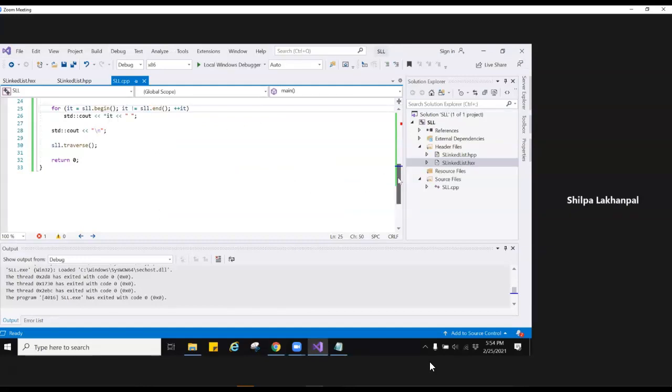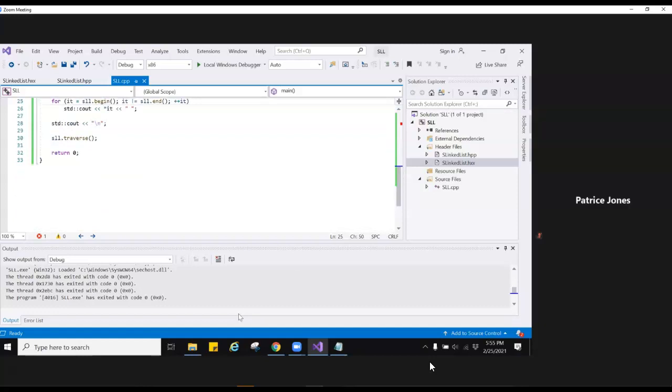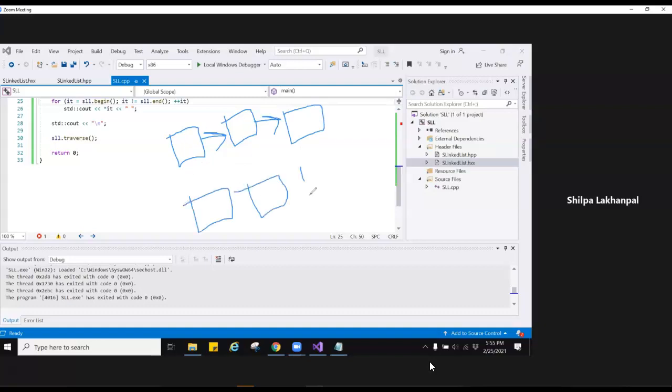And so now this is the single linked list, and so what is a doubly linked list if this is a single linked list? The only difference from a single linked list is that in a doubly linked list, you have another pointer. So this is a next pointer.